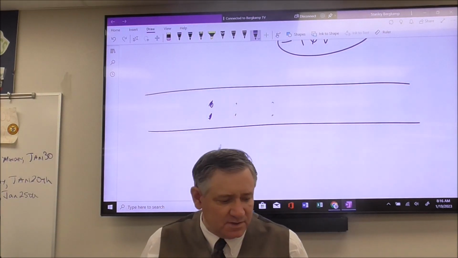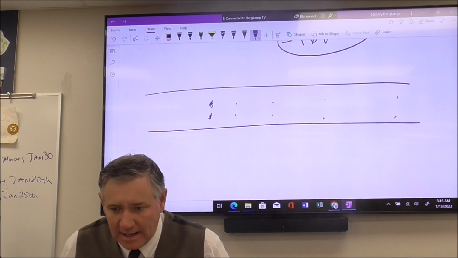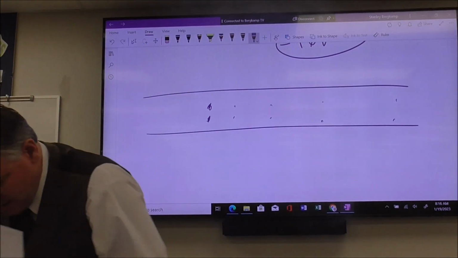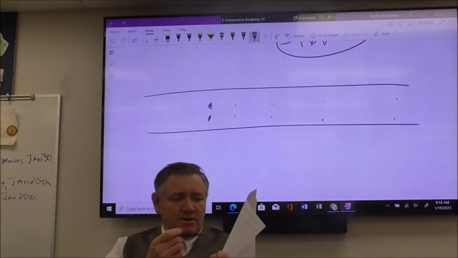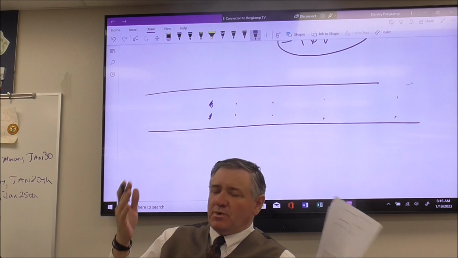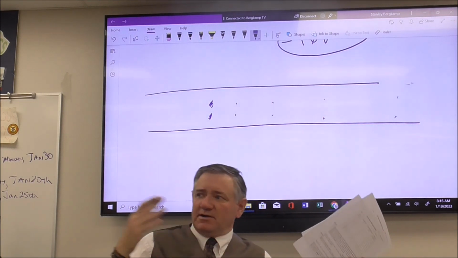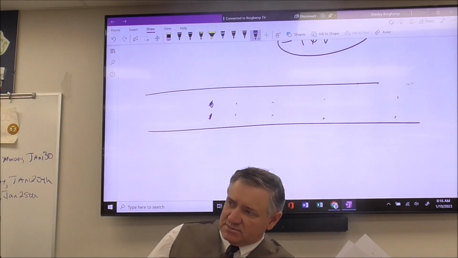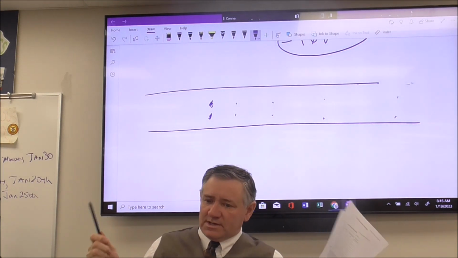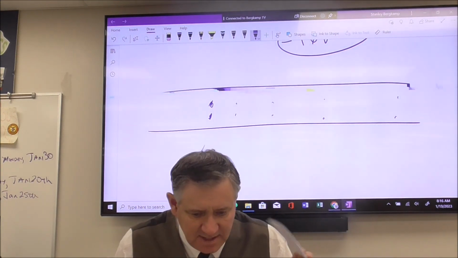So what you want to do on your lab, you're going to run through 12 intervals. And this is what we're going to use as a measure of time. We're not going to use seconds, we're just going to use intervals. Okay? So what you want to figure out is how far it went in the first interval. So you're going to take your tape,